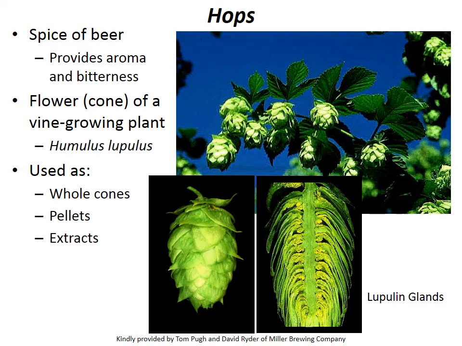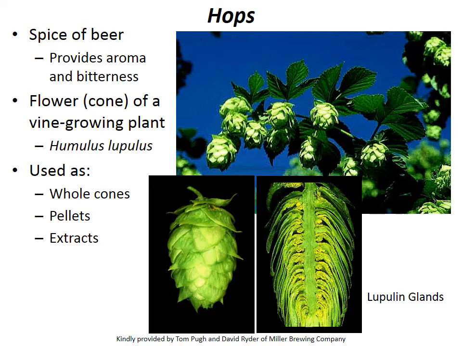There are 3 main forms that brewers will use hops in the brewing process. One is the whole cones that you see there in those bottom pictures. The second is a pellet form, where the hop producers kind of grind those cones up and form them into little pellets that somewhat resemble rabbit food. And finally, through a process of